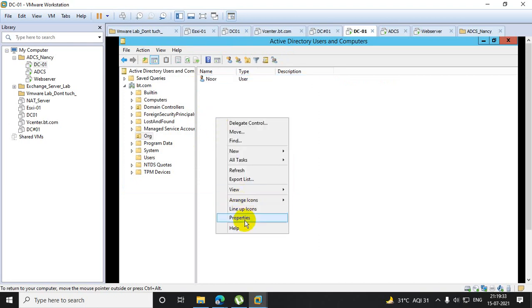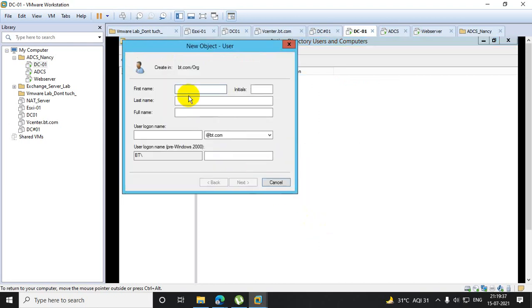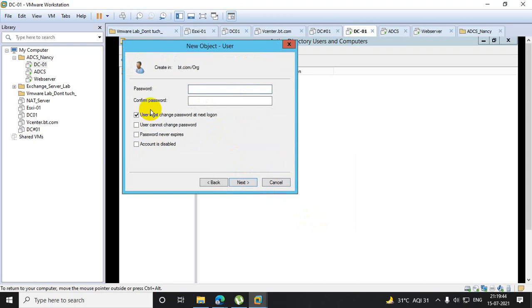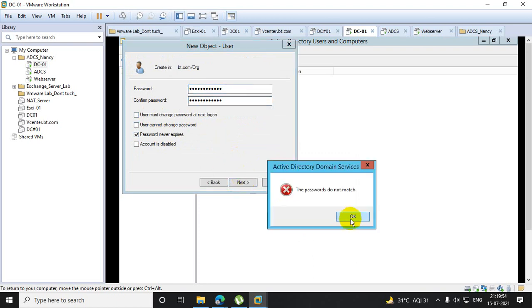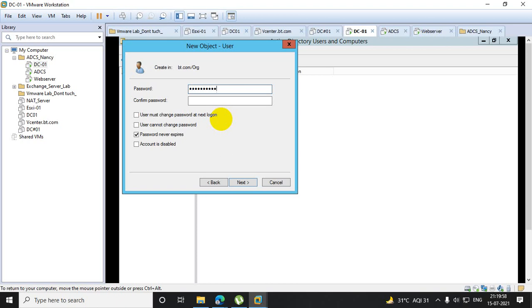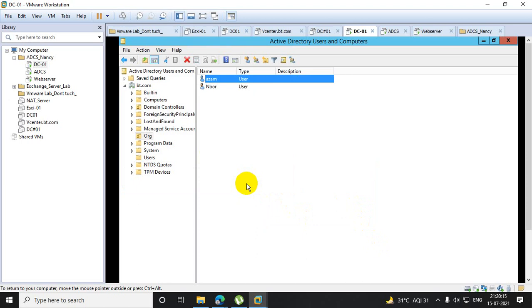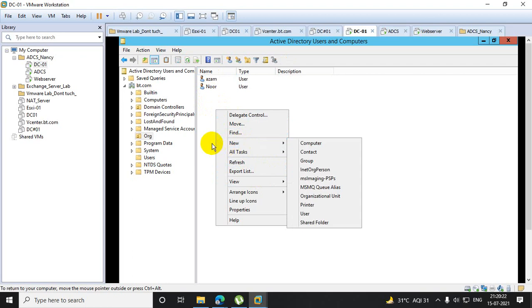Second user is Azam. Okay, Noor and Azam, and I am going to create another user which is not inside that particular OU.